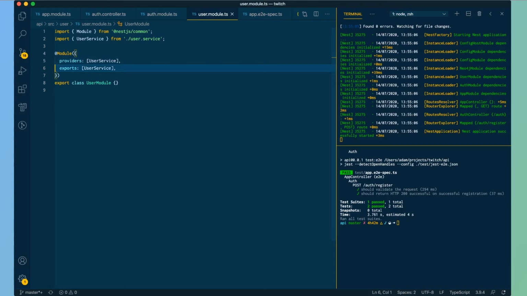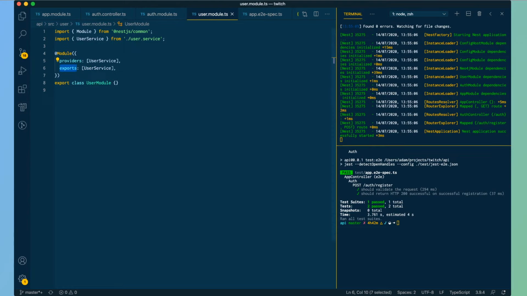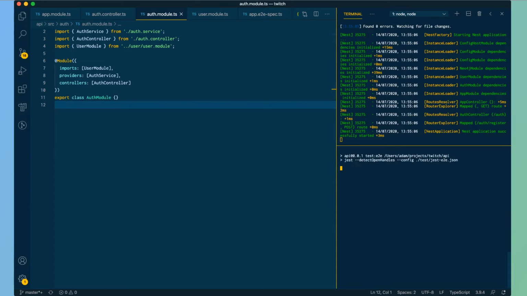And everything's fine. So just to unpack that a little bit, we've registered the user service as something that is exported by the user module, which means that when it is imported into the auth module, because it's been exported, it's then available to be injected into anything inside that module. So if we have any module that imports the user module, then that user service will be available. Cool. So if I run those tests again,